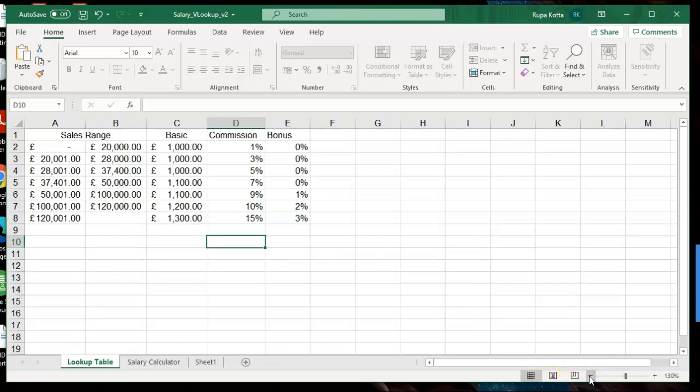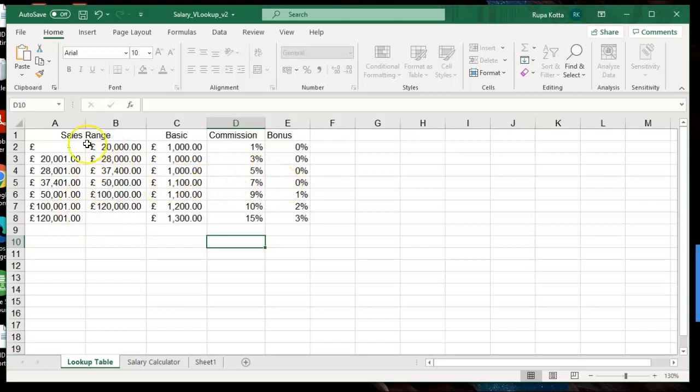So you can see the data: they have different sales ranges for the customers. If a salesperson makes sales from 0 to 20,000, he will get a basic salary of 1,000, commission of 1% and no bonus. But if a salesperson makes sales ranging from 37,400 to 50,000, then their basic will be 1,100, their commission will be 7% and bonus is still 0.